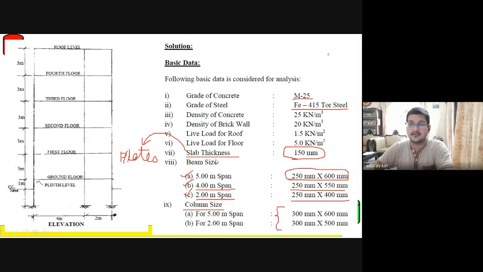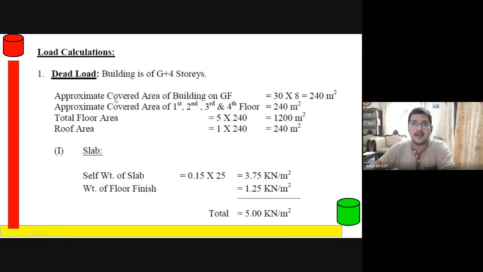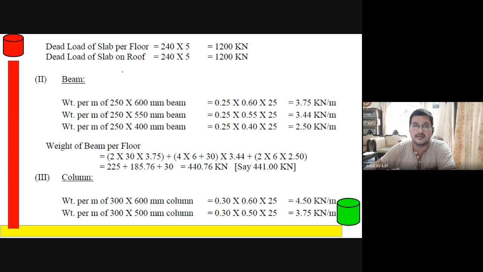Coming to this part, I had shown you the load calculations, the dead load calculation for the ground floor level, first floor, second floor, third floor, and even the fourth floor. For all these covered areas, we have calculated the slab load on the floor and slab on the roof.